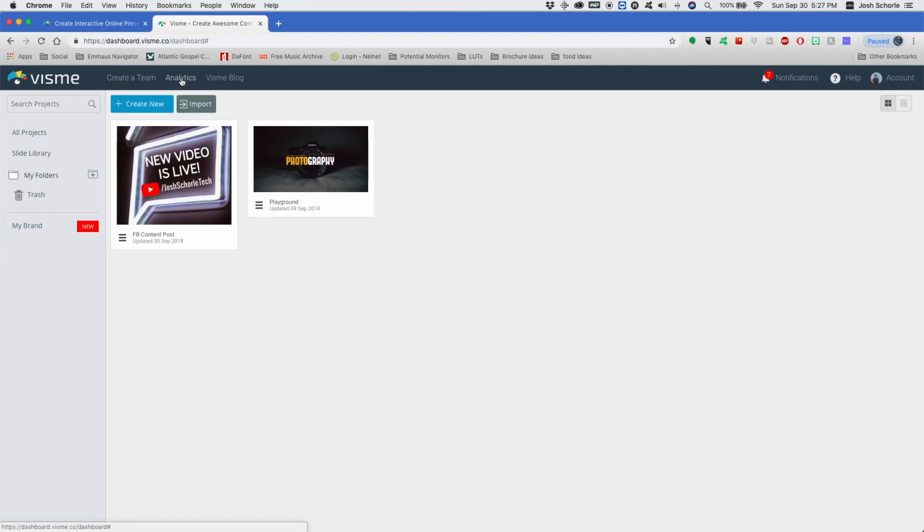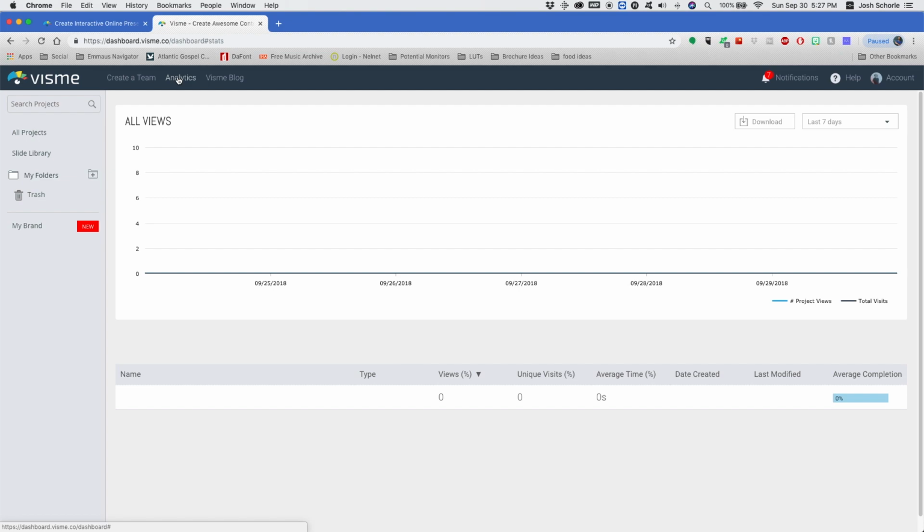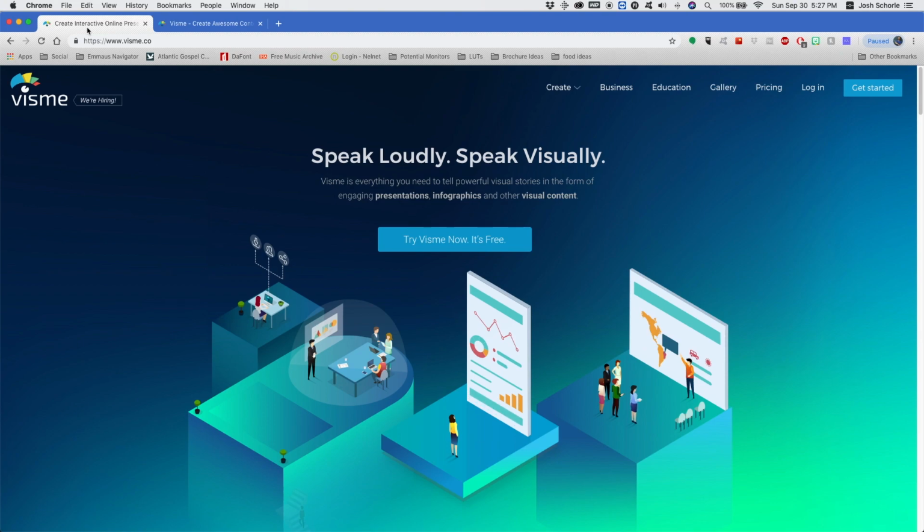Then you have a way to see analytics of your posts. I'm guessing, I don't entirely know how this works. I'm guessing if you shared directly from Visme, then you'd be able to see analytics of each post and what have you. So all in all, I think Visme is a very interesting tool, and it's very helpful for